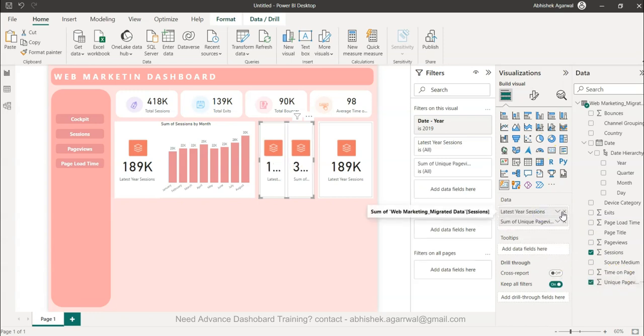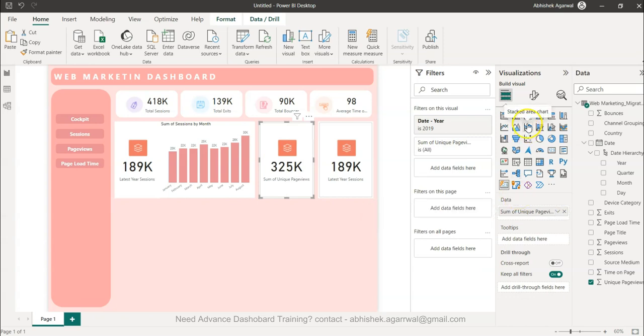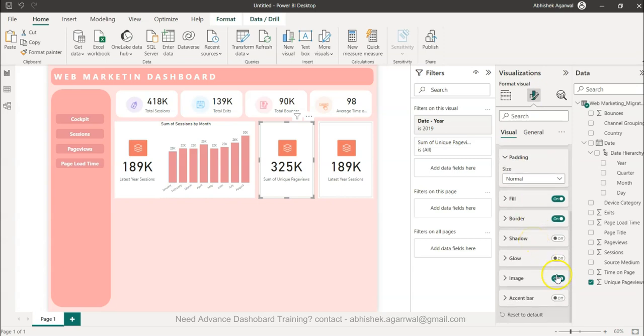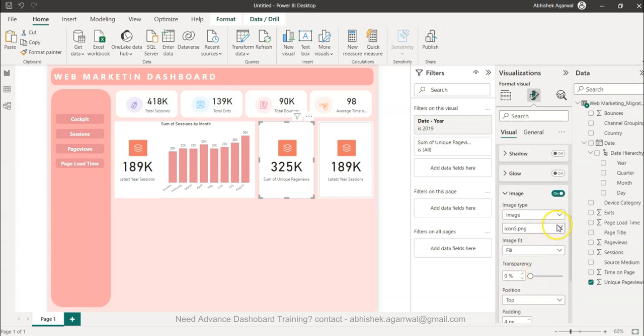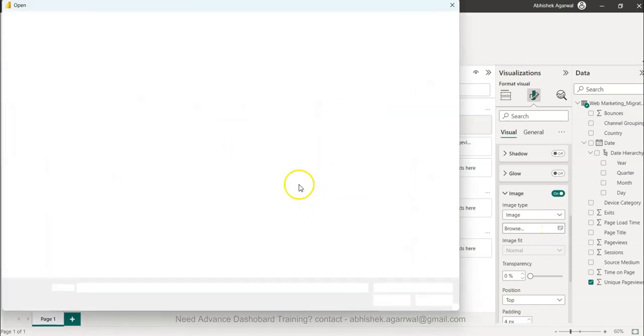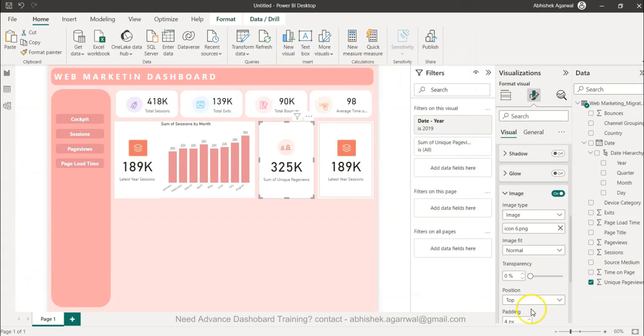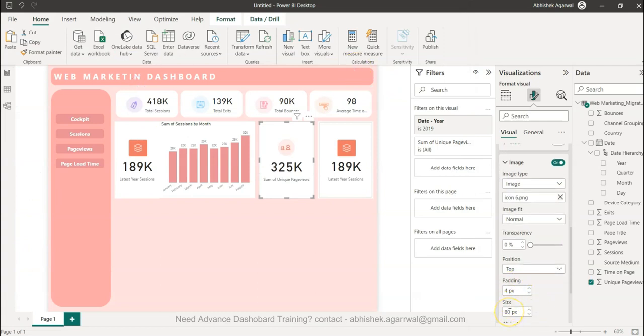So we will close this, total unique page views, and then in the cards we will uncheck the border, and image, let's remove this and say icon number 6, and I think the size is 80. Maybe we can make it 100. No, even 100 is small. Image fit, fill,